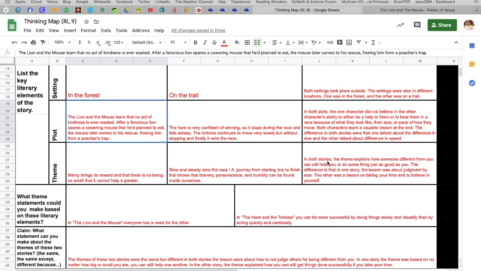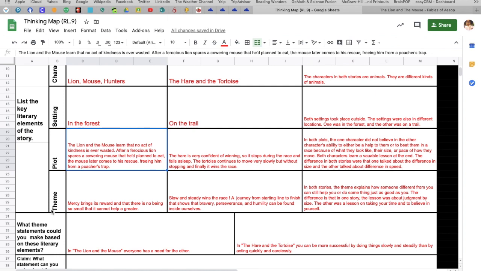So, in both stories, we can say that the theme explains how someone different from you can still help you or do something just as good as you. The difference in the story is the lesson was about judgment and size. The other lesson was taking your time and believing in yourself. Alright, so now that I've filled out my story element portions of character, theme, plot, and setting, I can now come down to